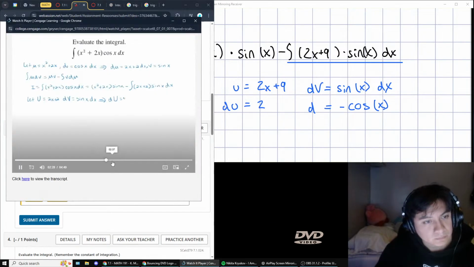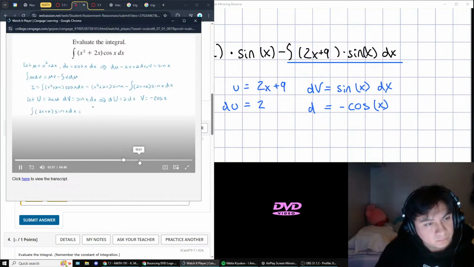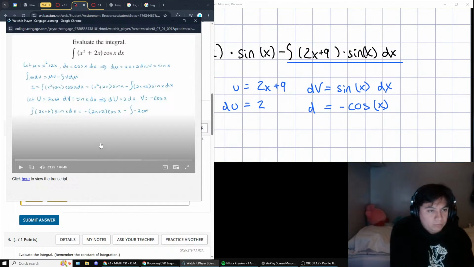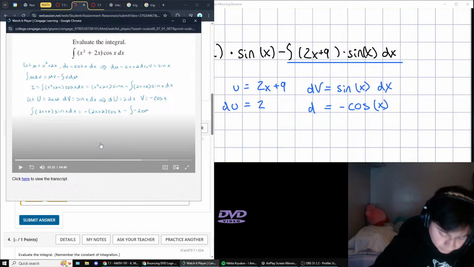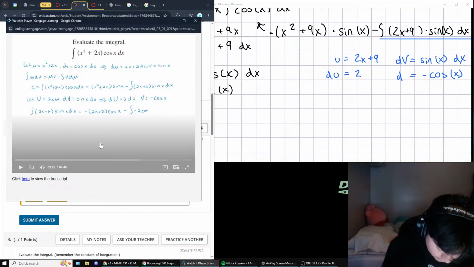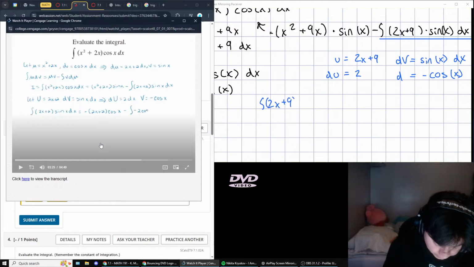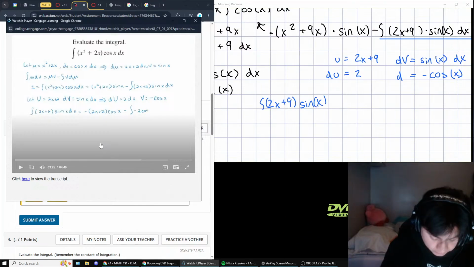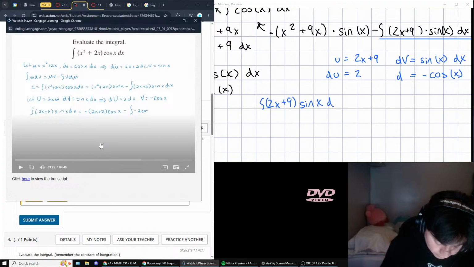Capital U equals x, or the opposite of the x equals, and here we have u is 2x plus 2 cos. And because we're still trying to find the... Oh, okay, this is why they made the distinction. But I'm going to leave it as is, because I'm sure I can figure it out. The integral of 2x plus 9 times sine x dx is equal